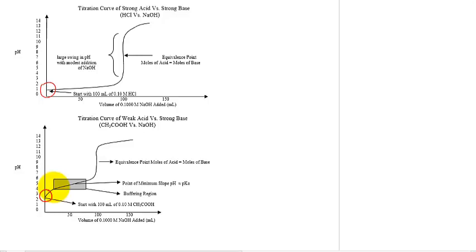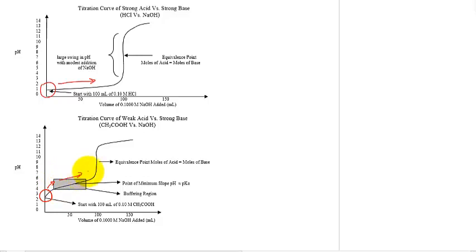You will note that the pH value in the second titration curve starts slightly higher. The second characteristic that we want to examine is the titration curve as it approaches the equivalence point. You will note that in the strong acid versus strong base, the titration curve is fairly flat with a very gradual slope. If we contrast this with the weak acid versus a strong base, you will first of all note that there is a slight increase in the pH value, and then the slope is much more gradual in approach